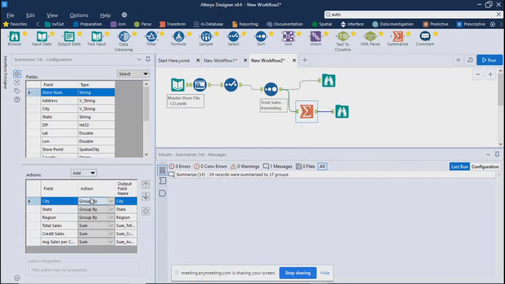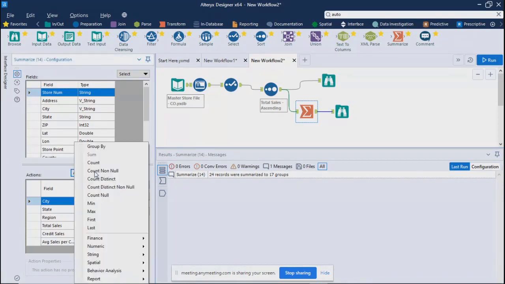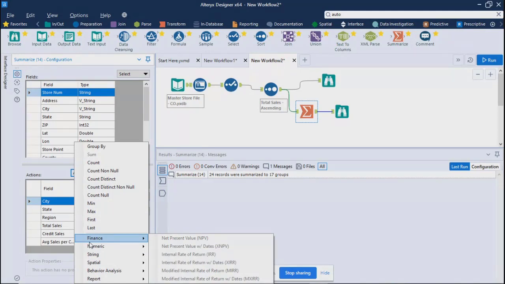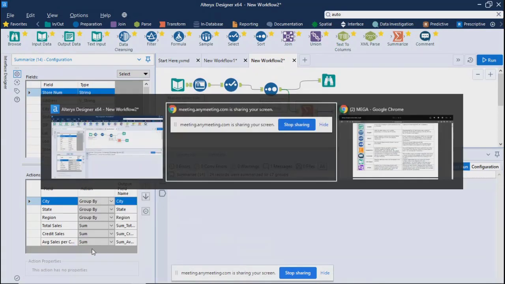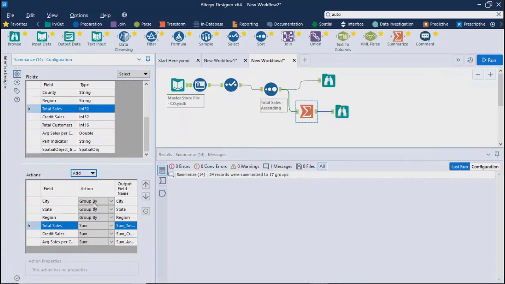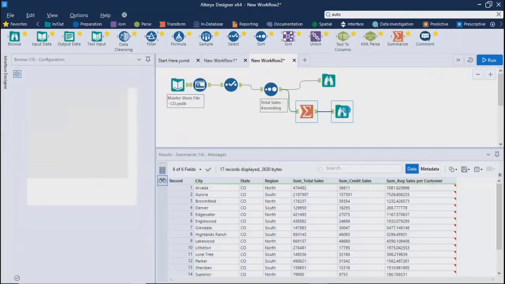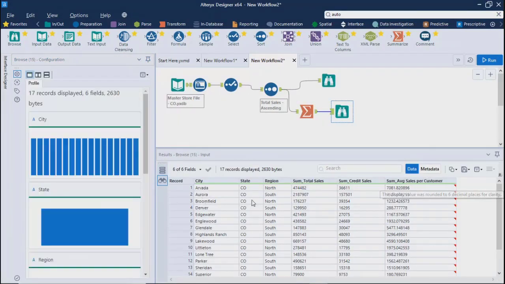Now, one more thing here, if you go on Add, you have some other options here, like finance related functions, numerical related functions. Let's say you have added these many columns and you want to change the order. For example, first you have city, state, region.